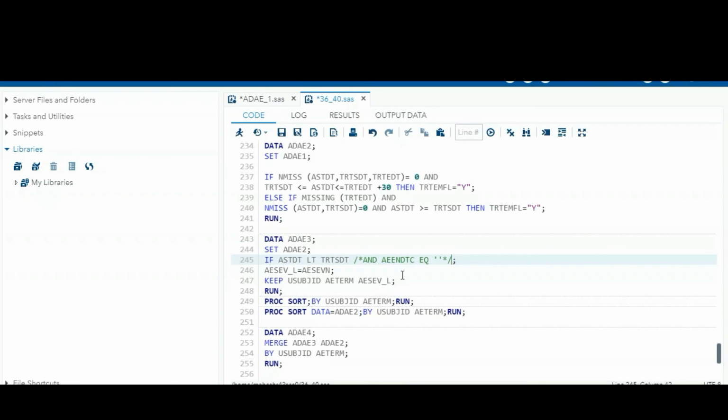For example, 4 vomiting adverse events are there before taking the treatment. The first three have AESTDTC and AEENDTC, and only in the 4th record you can find the AE end date is missing. If the AE end date is present, that adverse event was already ended, so no need to check whether that type of adverse event is treatment emergent or not. So you need to check this one, and after merging this one,